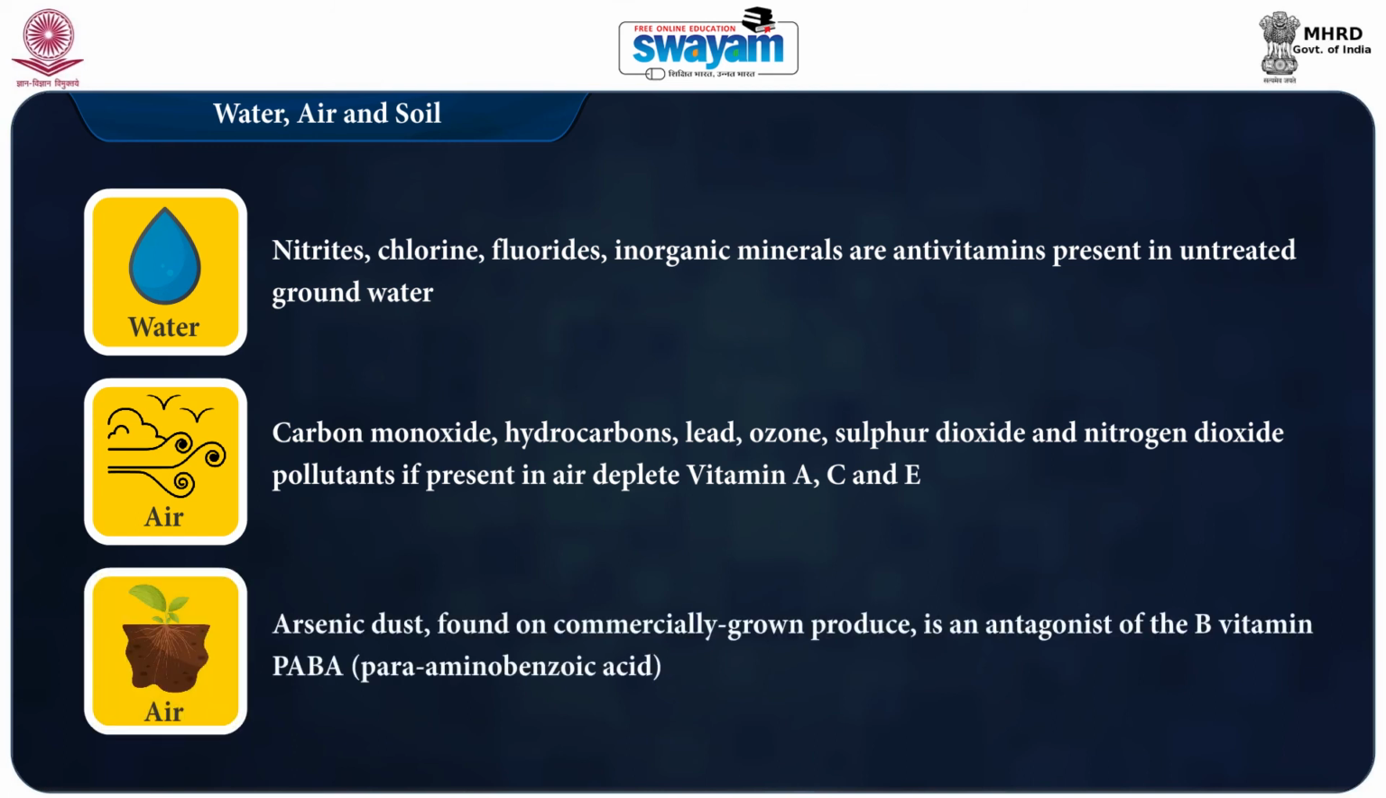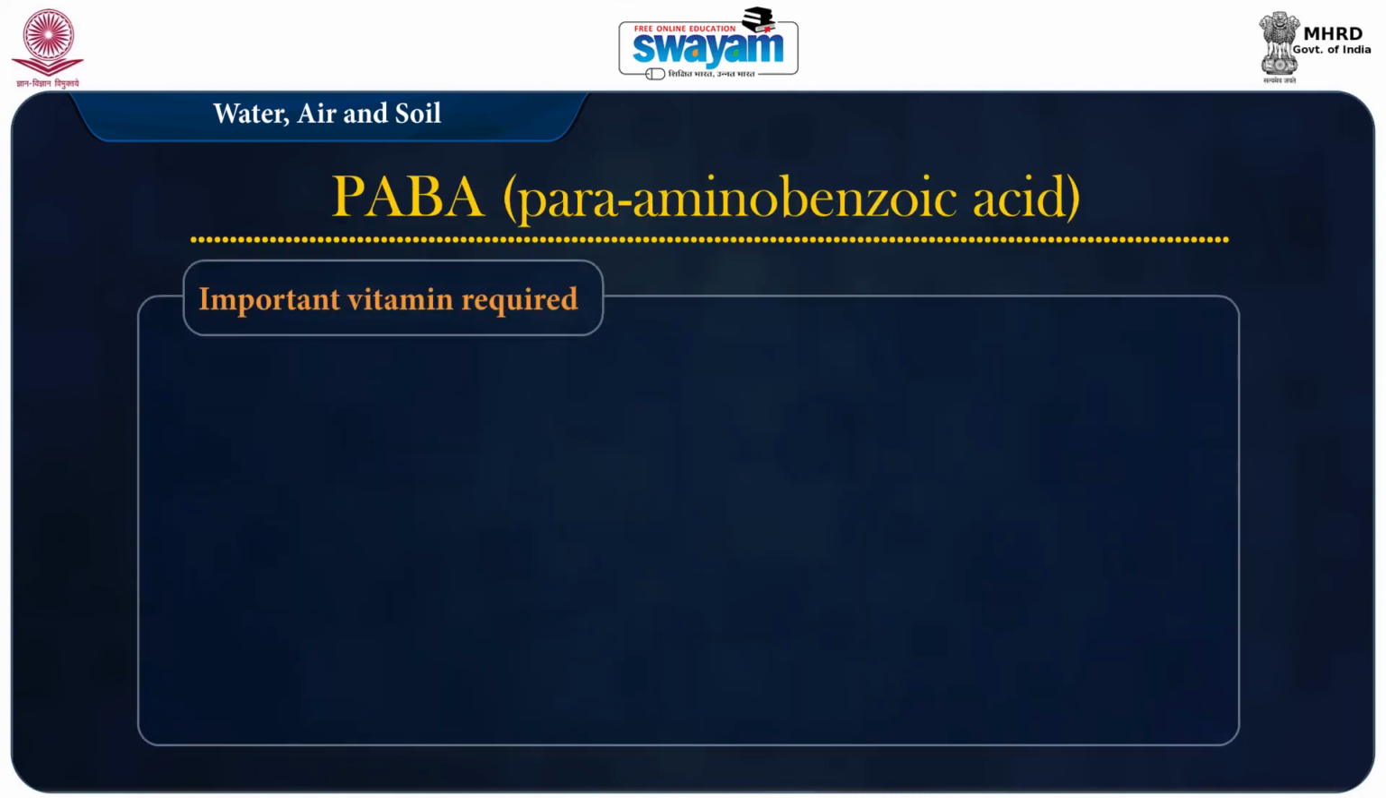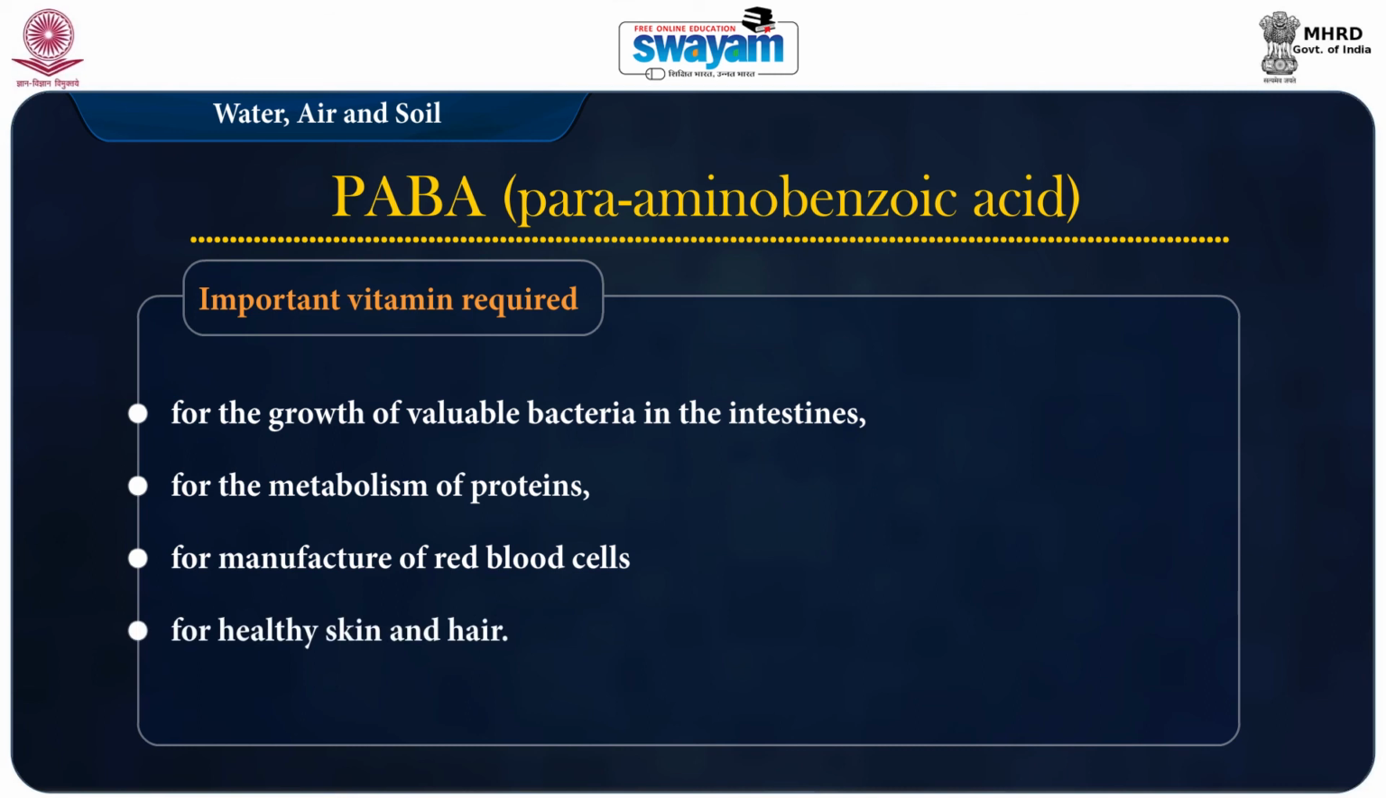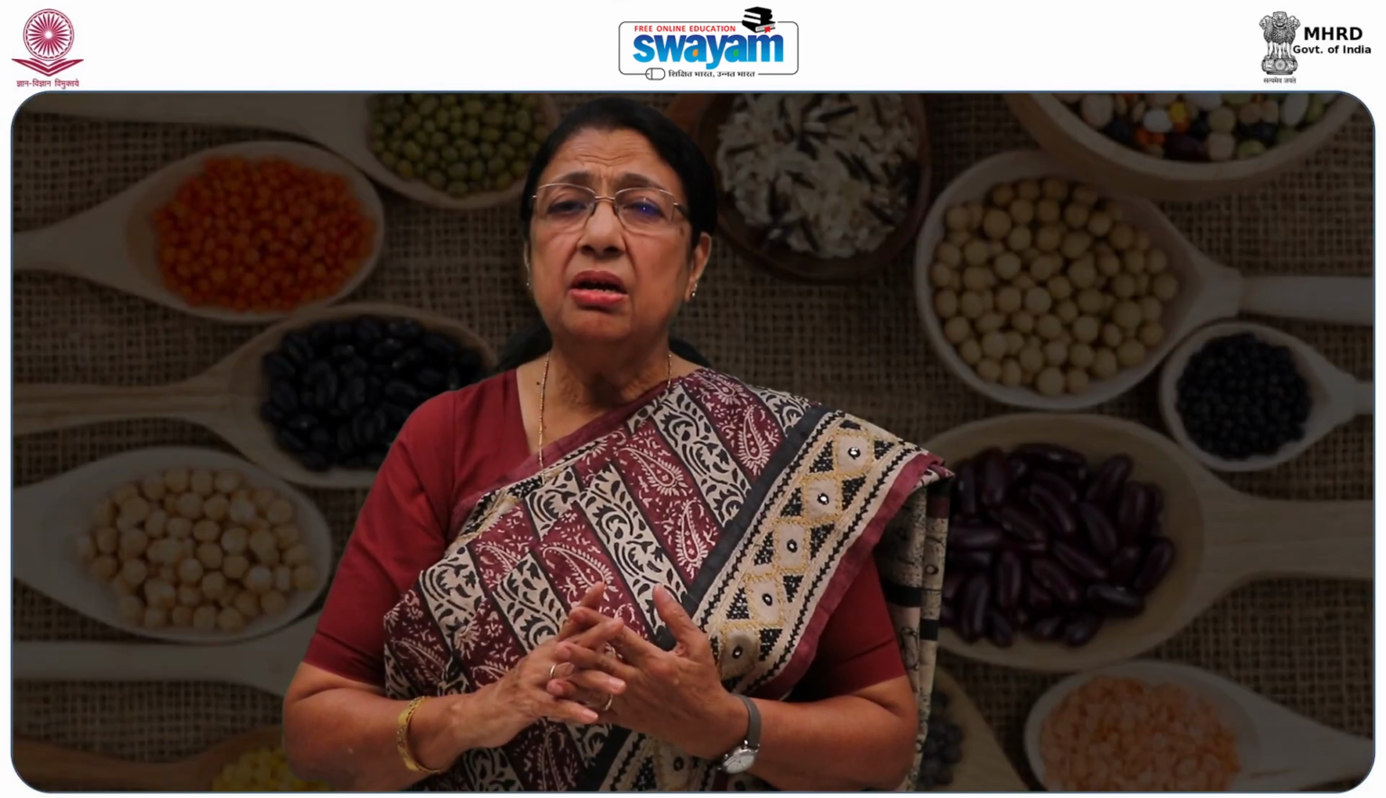Now, arsenic dust, which is generally found on commercially grown produce, is an antagonist of the B vitamin para-amino benzoic acid. Now, this is an important vitamin which is required for the growth of valuable bacteria in the intestines, for the metabolism of proteins, for manufacture of red blood cells and for healthy skin and hair. So, here we conclude